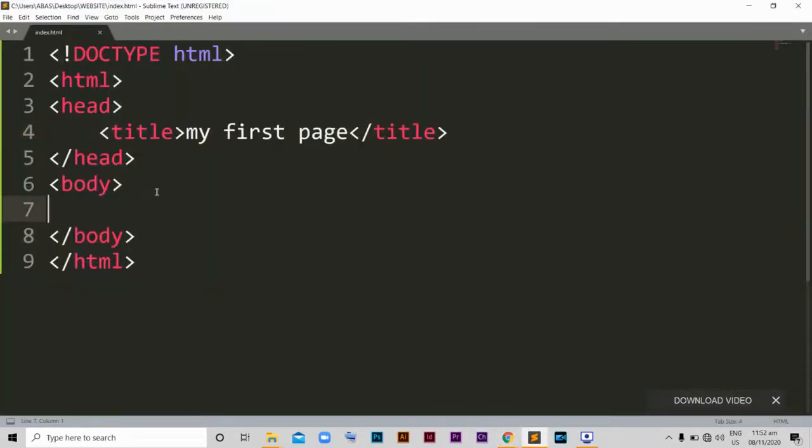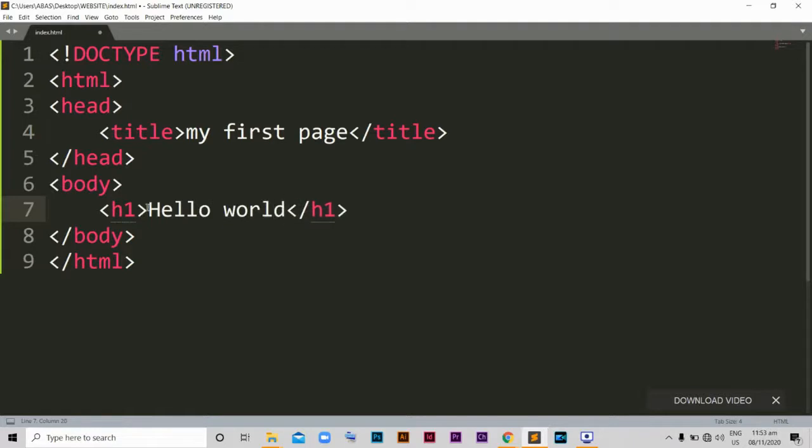Okay, now when we go to the body tag section, there are very many tags you can include here. For example, we have the head tag for the heading, paragraph tag, image tag, and very many other tags. The head tag starts from H1 to H6. Let's see, maybe H1 now. H1 is bigger than, of course, H6, as you're going to see. So H1, maybe we can say hello world,